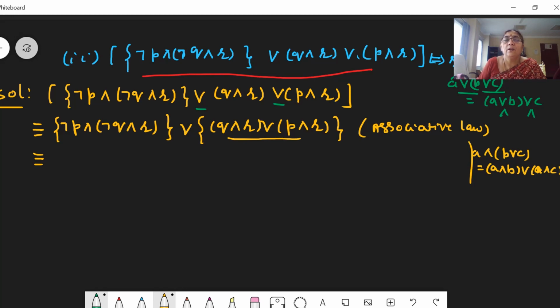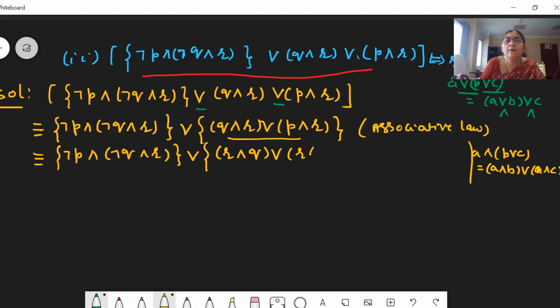Okay. Suppose you are confused, first you have to interchange R by using commutative law. Otherwise, leave it as itself, your choice. Now, if you are confused, first you have to write it in the standard form of distributive law. Now I am going to use commutative law. What we get? R conjunction with P. Okay, commutative law.